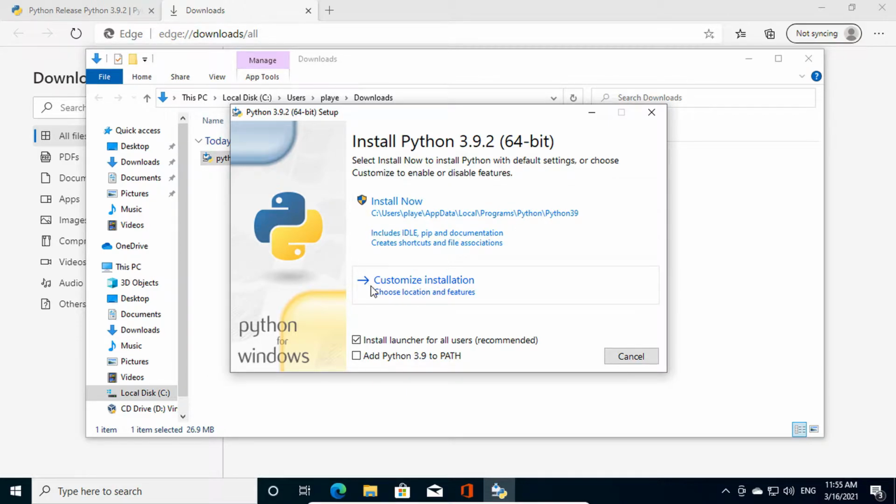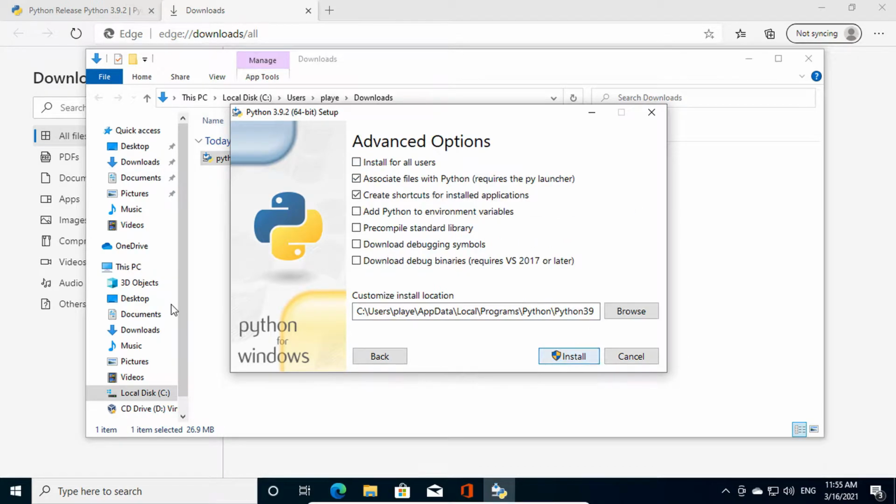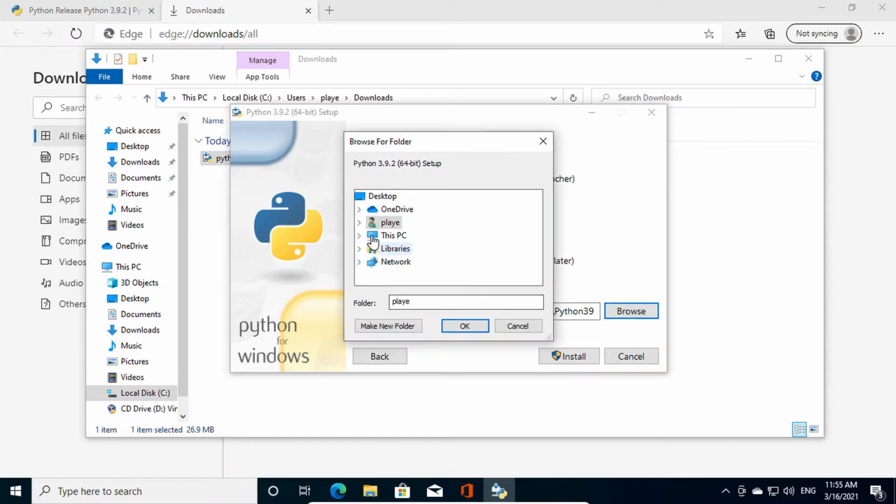Click on this customize installation area, and here these options are default options, but they look okay. So click next, and here customize this location. Browse and choose something like C, and here make a new folder named Python and click OK.